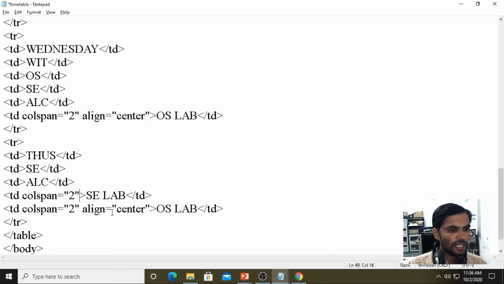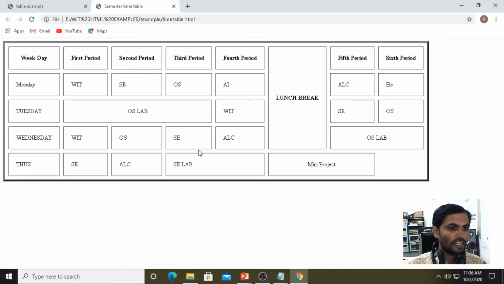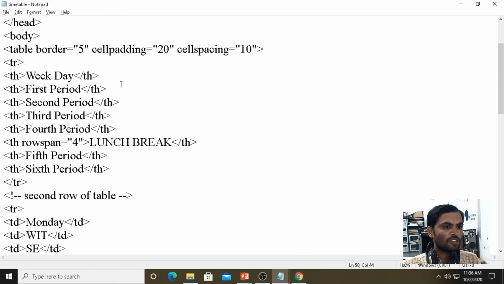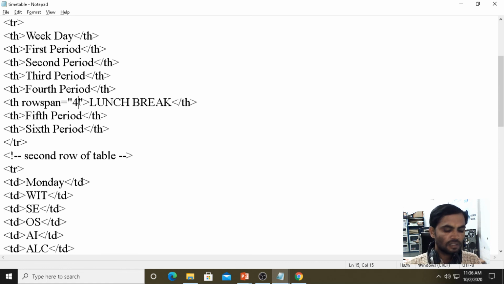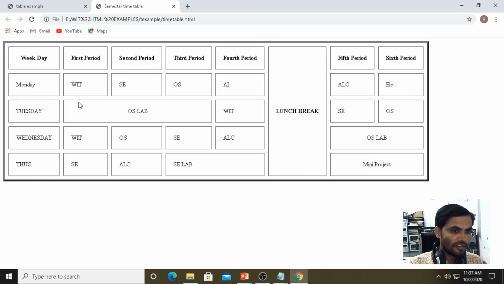Then again in the afternoon, if you have a mini project, for example, then see the changes. Control S, F5. Now in the lunch, at the start of the table heading, the row span I should give as 7 here. The row span I am giving 5, 6 and 7 up to 7. Control S, then F5.